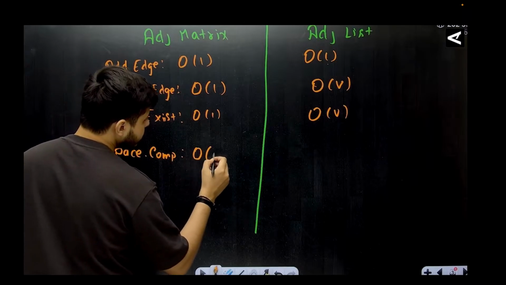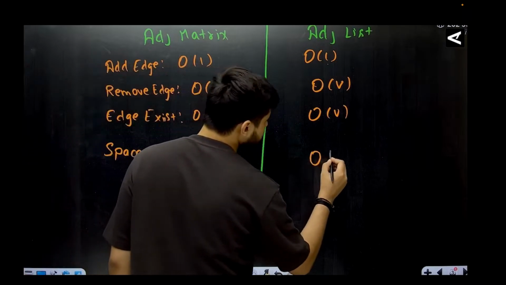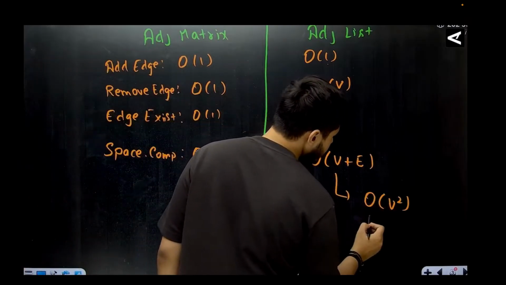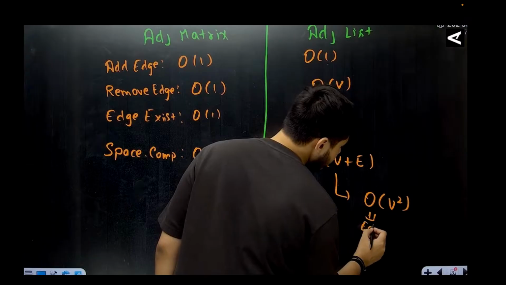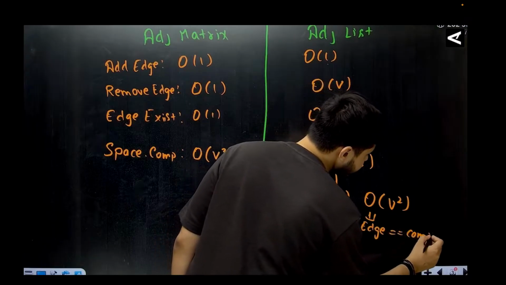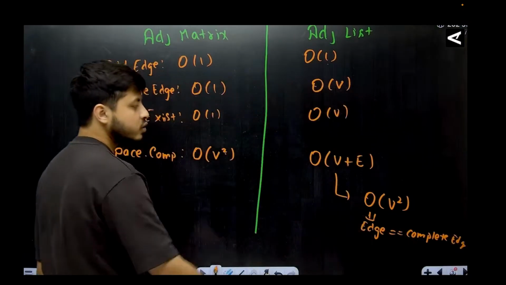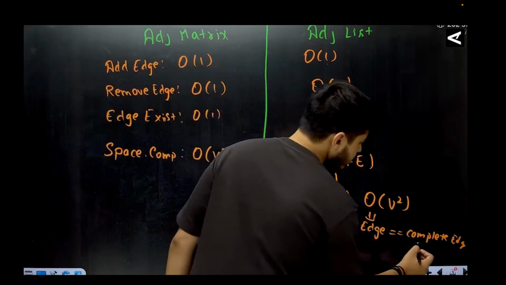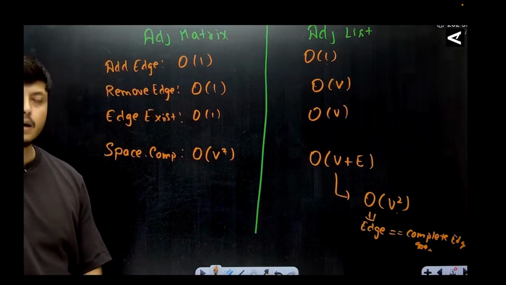तो इसकी स्पेस कॉम्प्लेक्सिटी क्या होगी, ऑर्डर ऑफ वी स्क्वायर, और इसकी कितनी होती है, v प्लस ई, होती नहीं होती। हां जी, और वर्स्ट केस में ये कहां तक पहुंच जाता है, v स्क्वायर तक, क्यों, जब इसमें नंबर ऑफ एजेस बहुत ज्यादा होती हैं, एजेस ऑलमोस्ट इक्वल टू कंप्लीट ग्राफ के एज के बराबर। हमने देखा था ना कि अगर आपके एजेस बहुत ज्यादा है, ठीक है, तो ये v स्क्वायर के बराबर बन जाता था। तो भैया अगर ऑलमोस्ट इक्वल टू कंप्लीट ग्राफ के एज के बराबर है, उस केस में हमारा ये स्पेस कॉम्प्लेक्सिटी निकलता था।